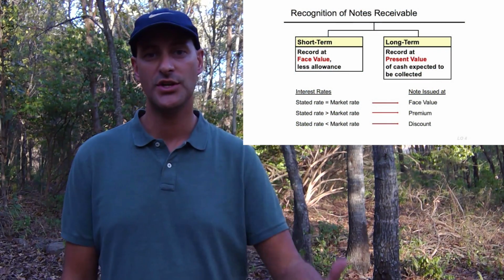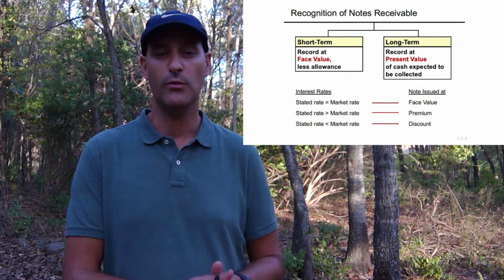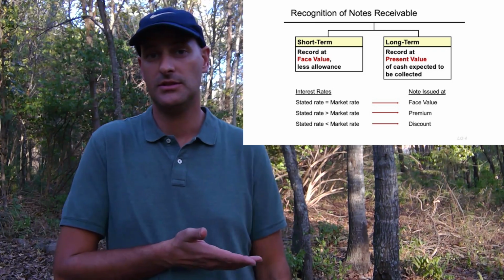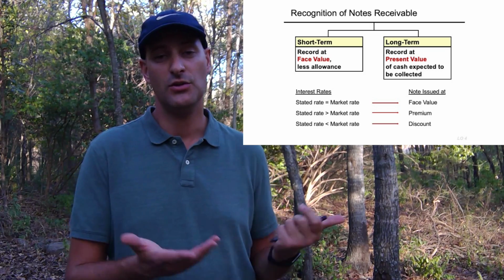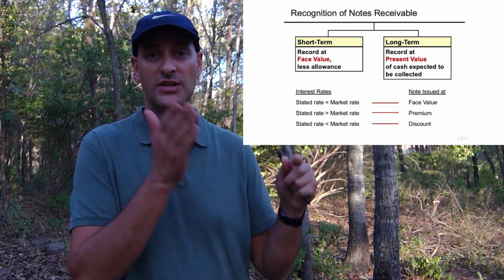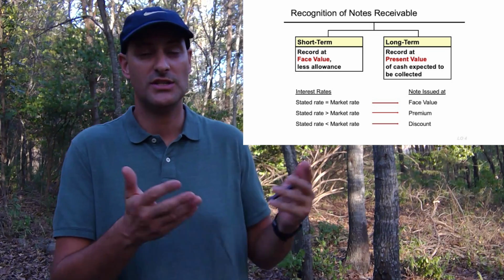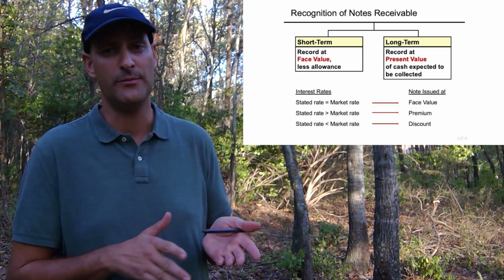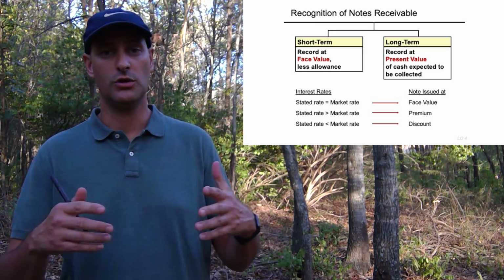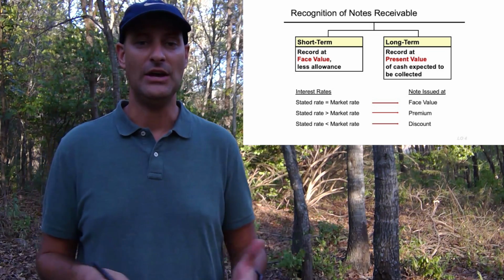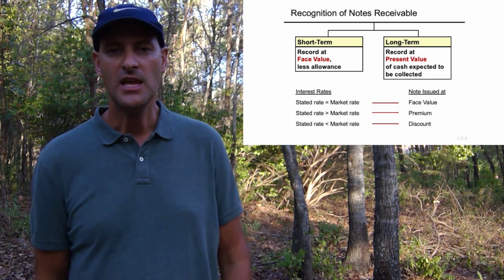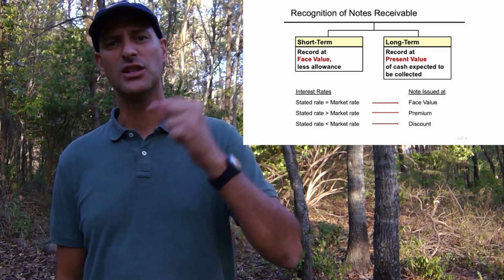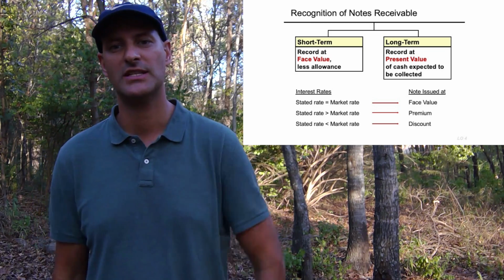So, notes receivable, if they are short-term, a short-term note receivable, is treated the same way as an accounts receivable and is recorded at face value less the allowance for doubtful accounts. It doesn't matter whether it's an oral or a written promise to pay, you're still just going to record it at face value or net realizable value, which is face value minus the allowance, or what you don't expect to collect. That's net realizable. However, if it is long-term, it's recorded at the present value of expected future cash